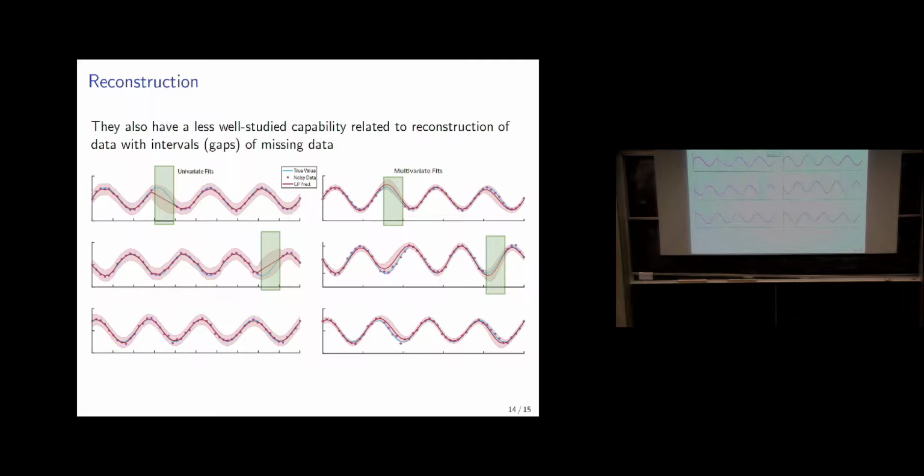Basically. In other non-periodic data sets, does the multivariate Gaussian process still do better than the univariate Gaussian process? I didn't have time to test that. Something I'm going to do over the weekend actually is related to OU kernels, because those are more directly related to time series analysis. But I suspect it will. I suspect it will, especially for a times zero